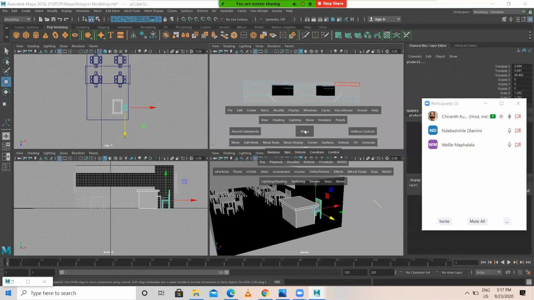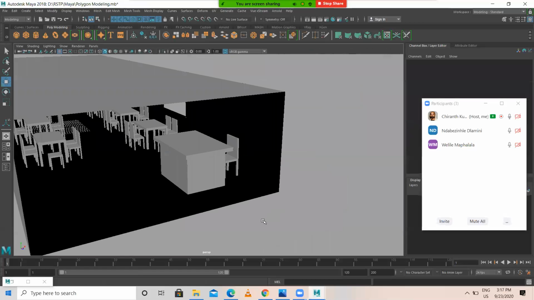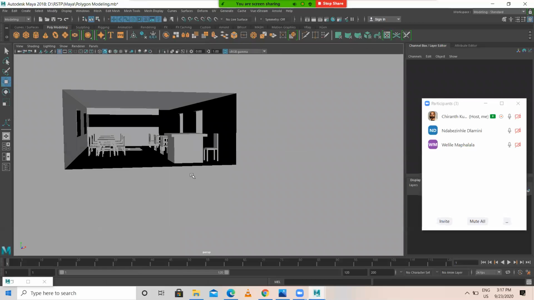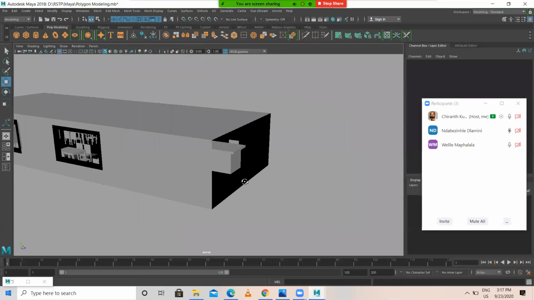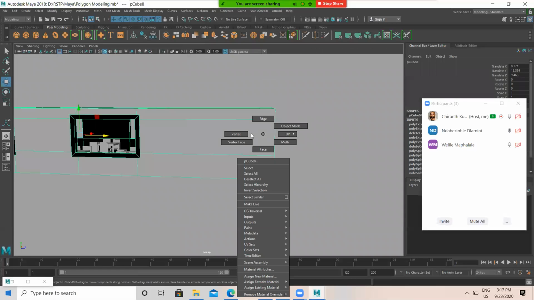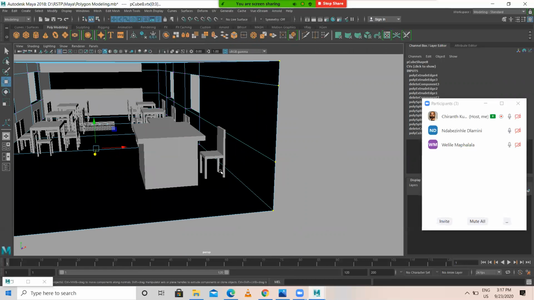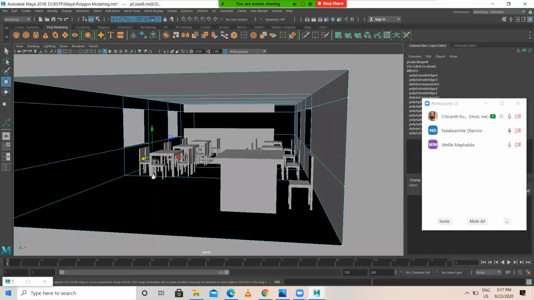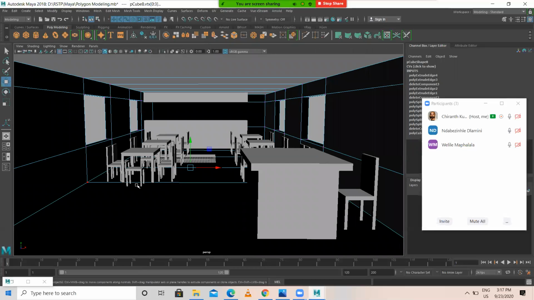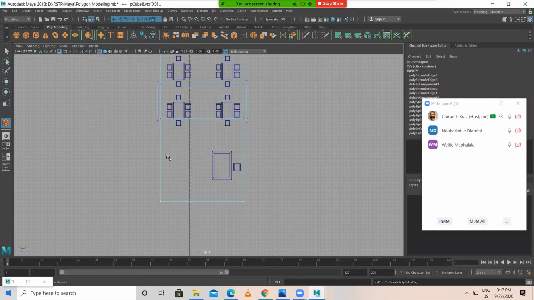Like this. Here I want to display certain things. Let's display something here.